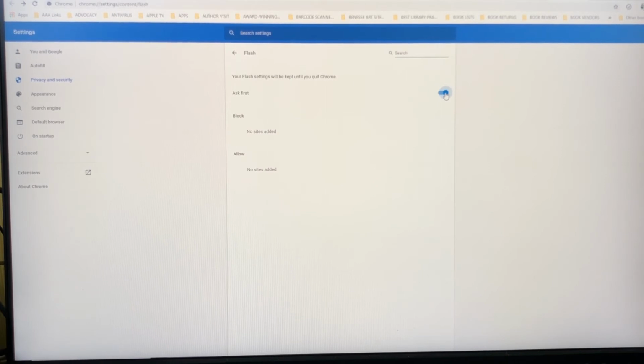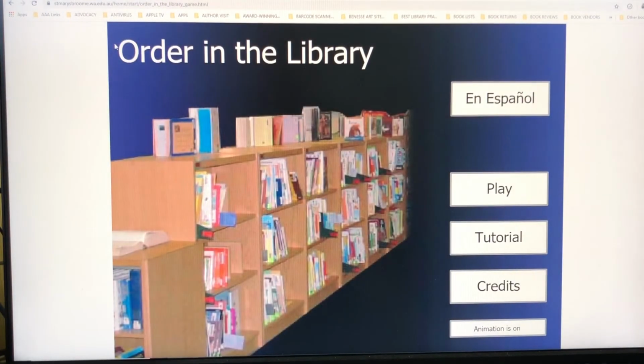Make sure it's on ask first, not on the block sites from running Flash recommended. So we put it on ask first, and when we go to there, it will allow you to run it, okay? And this is the Order in the Library game.